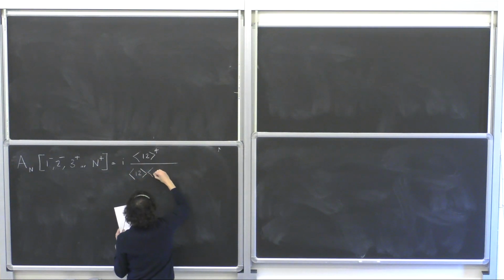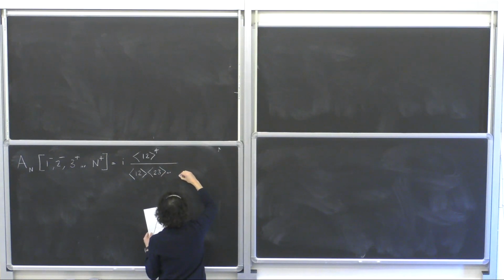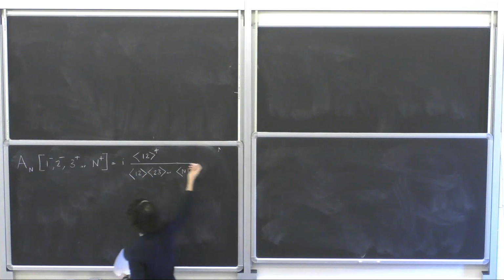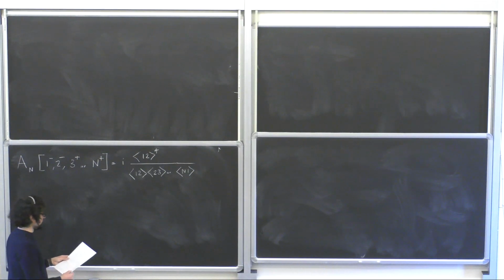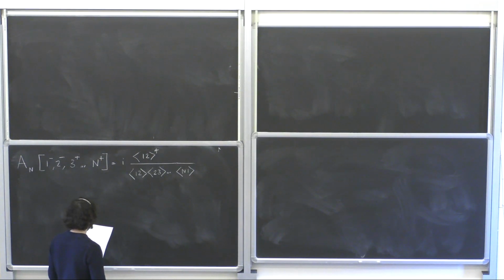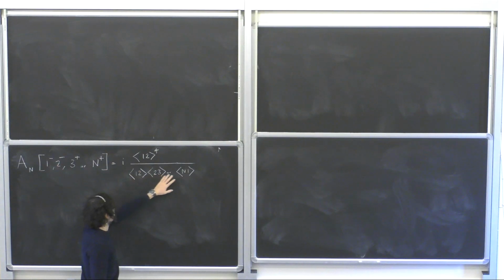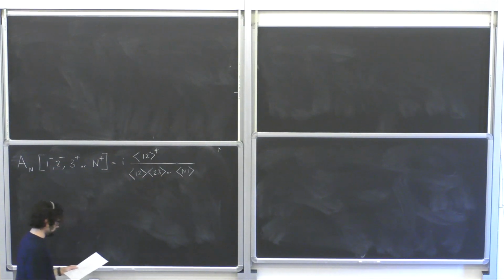So here we still have ⟨1 2⟩^4 in the numerator, and we have the sequence of angle brackets which corresponds to the ordering which we have here. And the first check for this amplitude is, does it make sense in terms of helicity scaling? You can verify this right away, that legs 1 and 2 have helicity weight -1, and the other ones have helicity weight +1, as it should be.